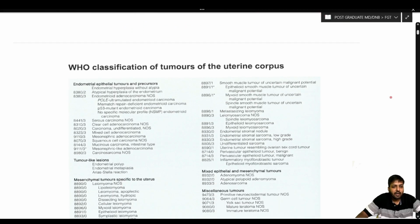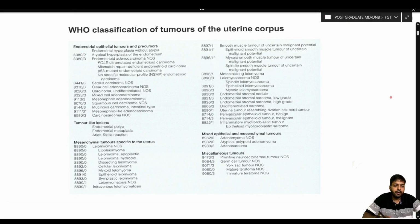So let us look at the classification of the tumors of the uterine corpus. Basically, if you see, the tumors of the uterine corpus or the uterus are divided under separate headings like endometrial epithelial tumors and precursors, tumor-like lesions, then mesenchymal tumors specific to the uterus, mixed epithelial and mesenchymal tumors, and along with that we also have certain